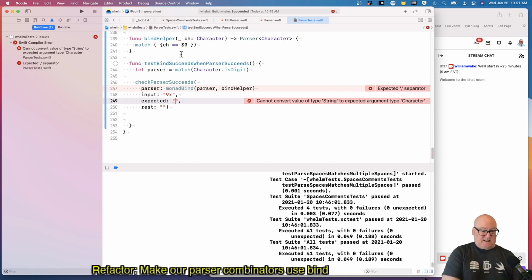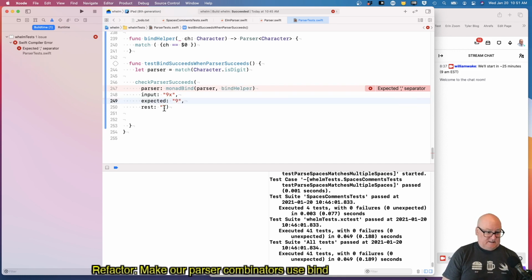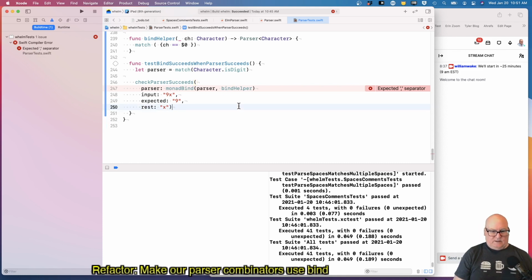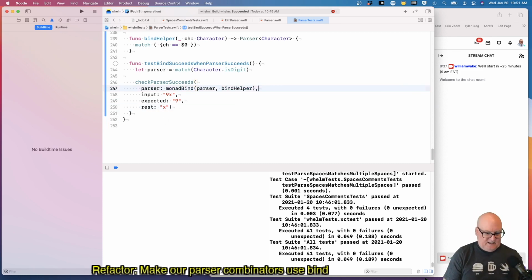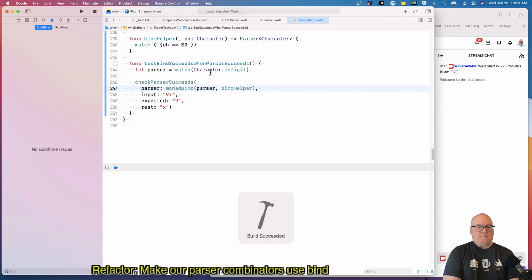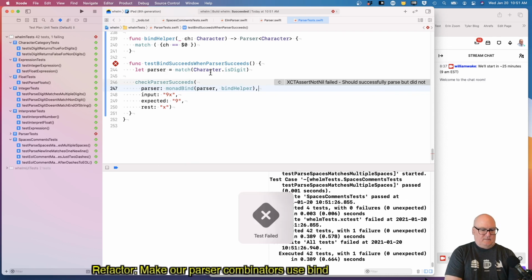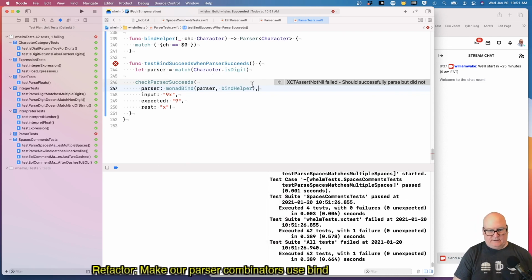I mean, yes, it will be the 9 in this case. That's not revealing, but let's get things working and then work on them some more. Okay, so this will fail, because we return nil. And it would be very hard to debug what was going wrong, but